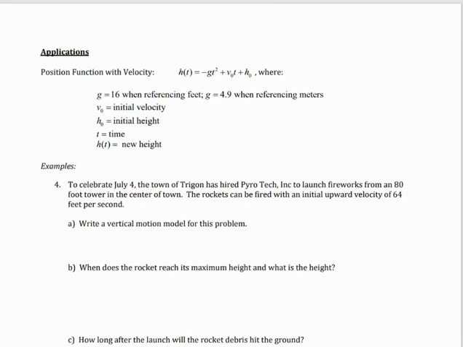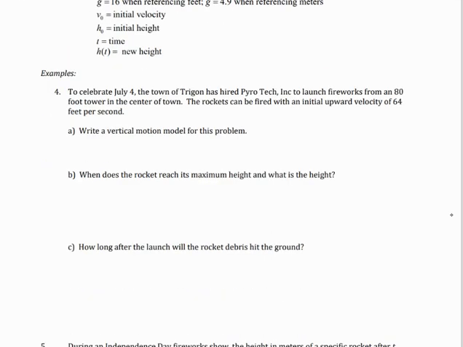Let's review our application with our position function. So with our position function, remember, we either are going to have negative 16 or negative 4.9, depending upon feet or meters. And we have t representing our time, v naught is our initial velocity, h naught is our initial height. So if we look at our example 4 here, the first application on our notes, it says to celebrate